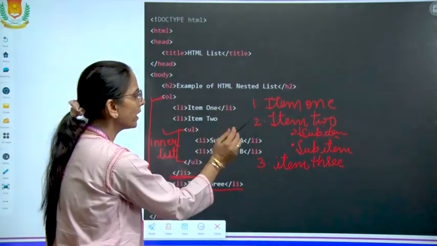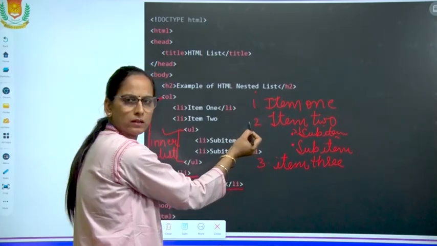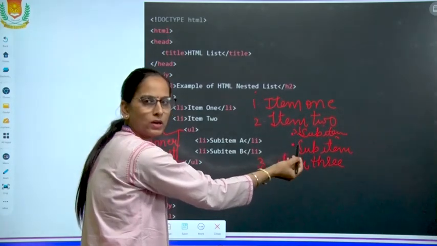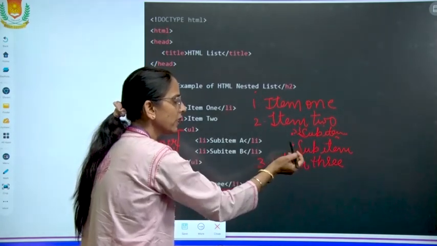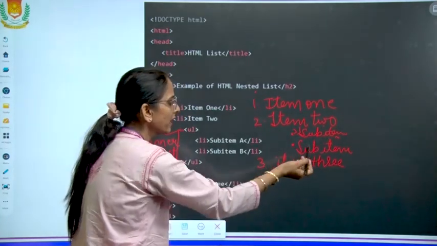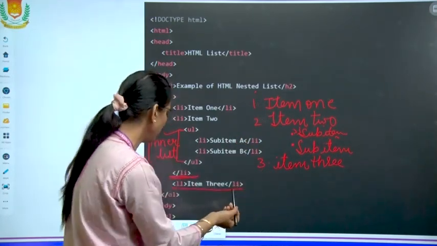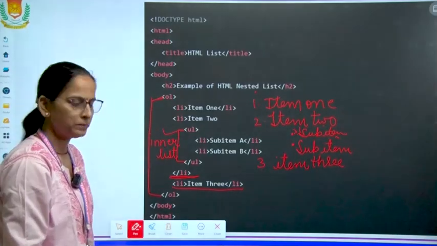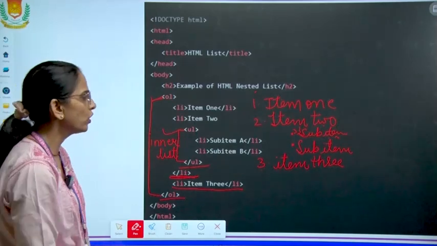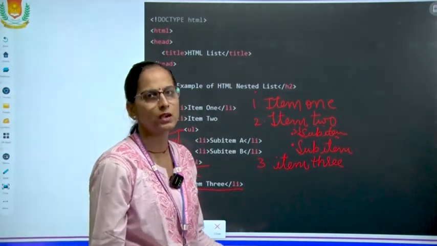So in this way, one ordered list we started here. 2 items are mentioned there. Now we started another unordered bulleted list. Inside this list, as you have described its contents, it will be closed here and then we continue with the outer list and the third list item will be mentioned here. And now the outer list is closed and the inner list is closed. So this pattern is known as a nested list, a list within a list.